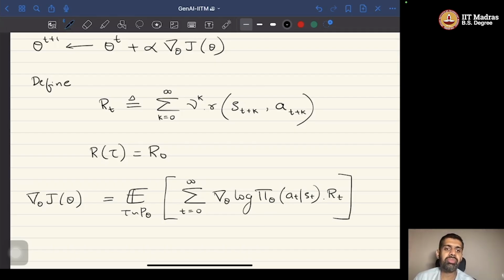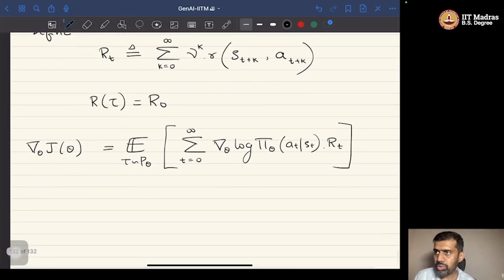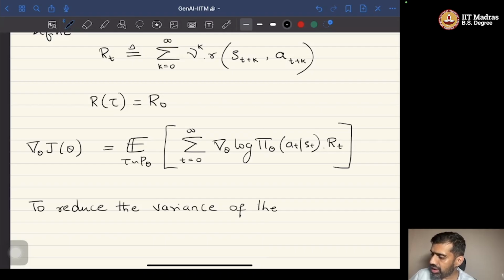So instead of computing it from 0 to infinity at every time step, we compute it from t to infinity, right? So this is the form that is typically used. We also said that this particular form that is used has a lot of variance. To reduce the variance of the above estimate, the variance of the above gradient estimator,